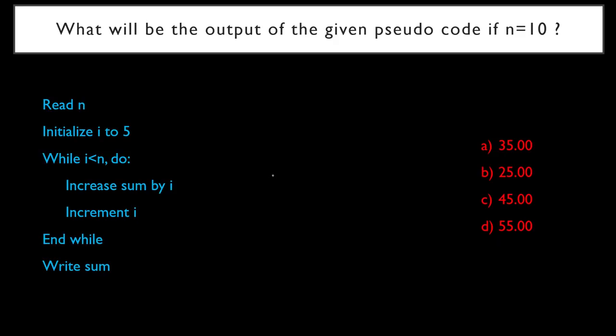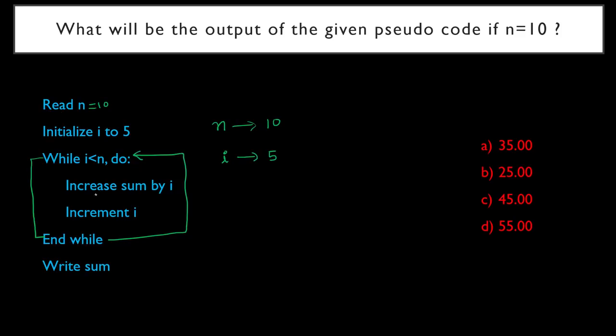So what is happening here? As you can see, you will read n in this code, and they have given that n is equal to 10 will be passed. Let us track this code. Easy, right? We will declare n and pass 10. Initialize I to 5, so you created a variable I and initialized it to 5. While I is less than n, so this is a while loop, the looping code you need to know.